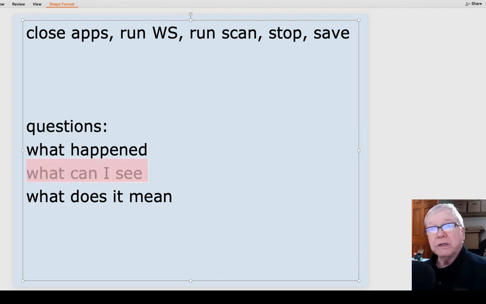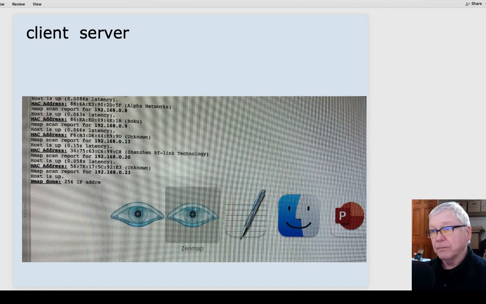And given that scan, given the information that comes back from that, what can we see? And then what do we think it means? And of course, we are learning what it looks like when somebody does that to our network. This kind of practice allows us to see what kind of patterns, what kind of activities indicate that someone is scanning our network in one way or another.